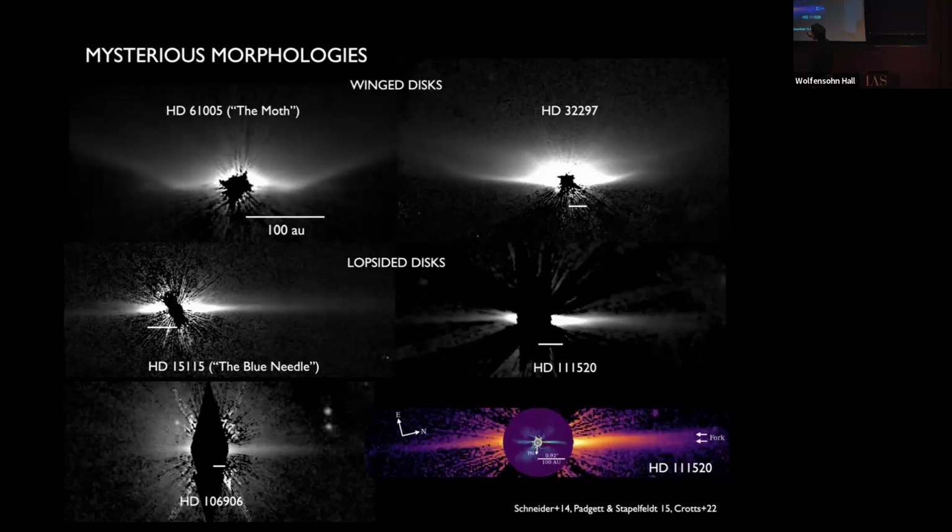Some of these disks are lopsided, so short on one side, long on the other. Sometimes the extensions are forked like a tongue. Weird. All non-axisymmetric shapes. So we got to thinking, what's the most non-axisymmetric shape that you can think of? Well, the most non-axisymmetric shape that I can think of is a delta function, offset from the origin, of course. But where am I going to get a delta function?